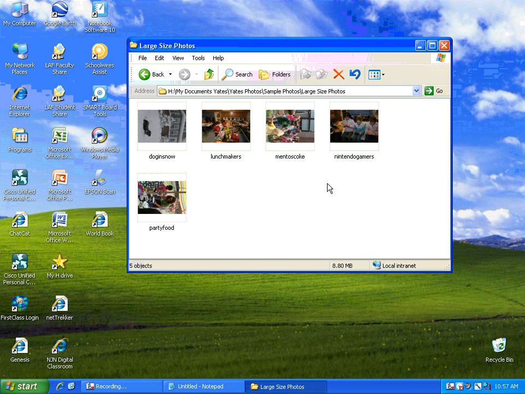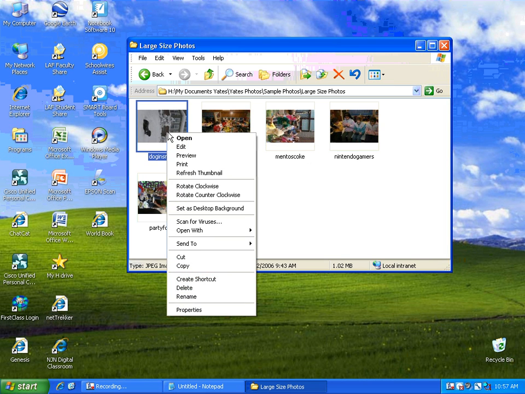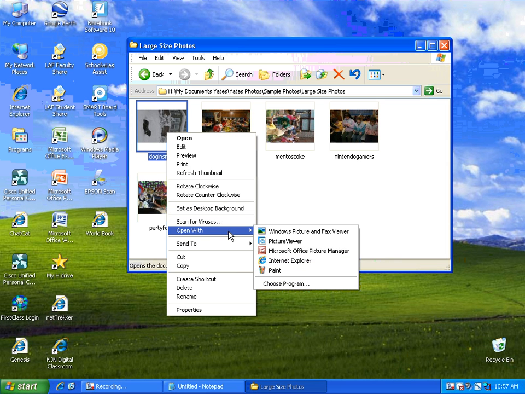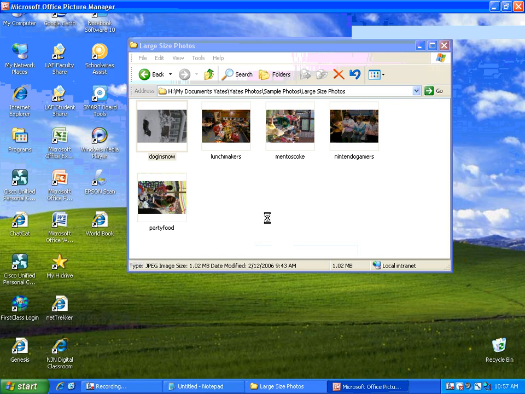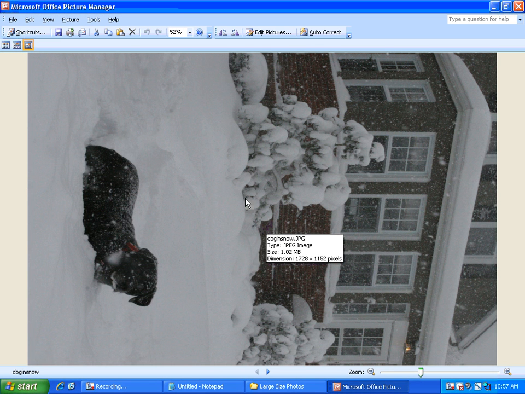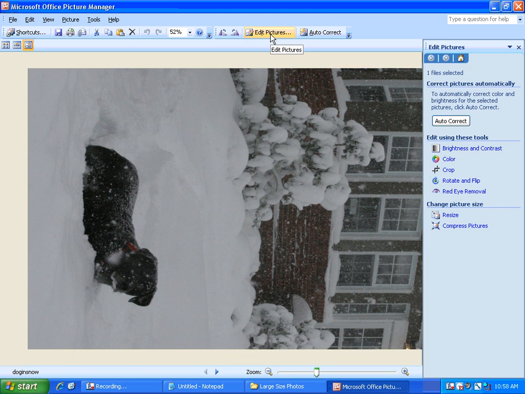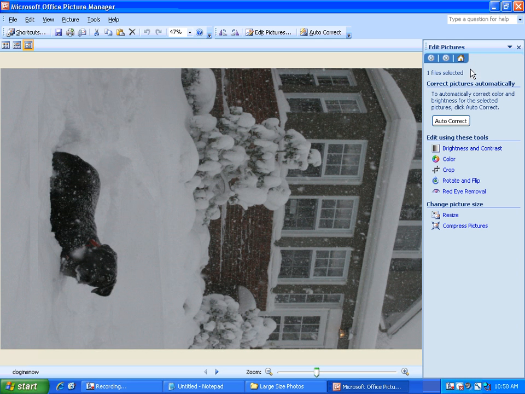we can actually see the pictures, I can right-click on any photo, select Open With, and then select Microsoft Office Picture Manager to open the photo. This is a great basic photo editing piece of software here. And the button that I really want to concentrate on is one that says Edit Pictures. And when I click that, I get a nice menu on the right that allows me to do lots of